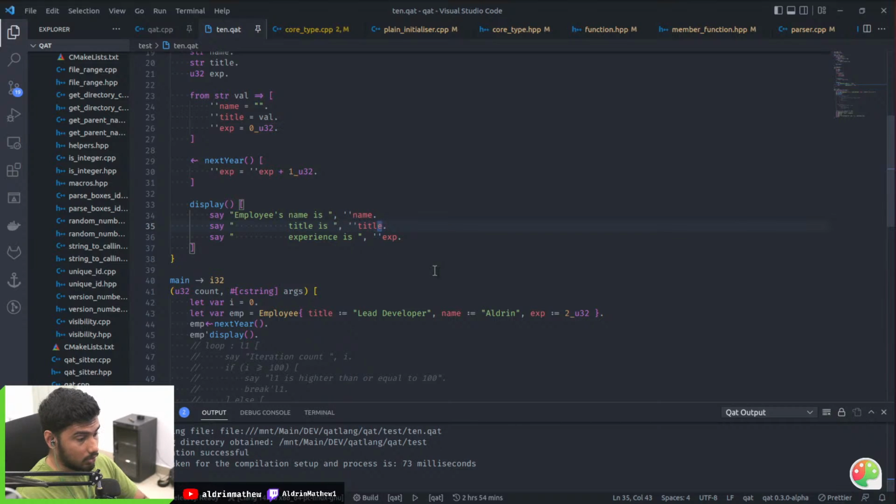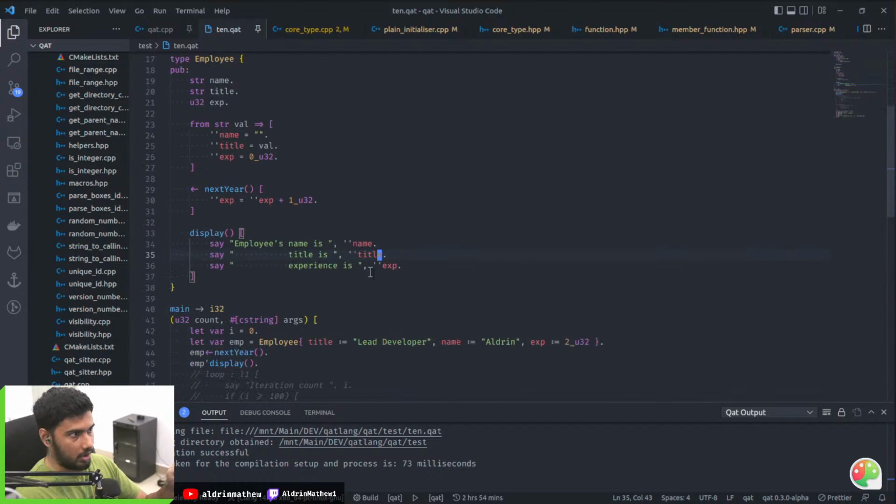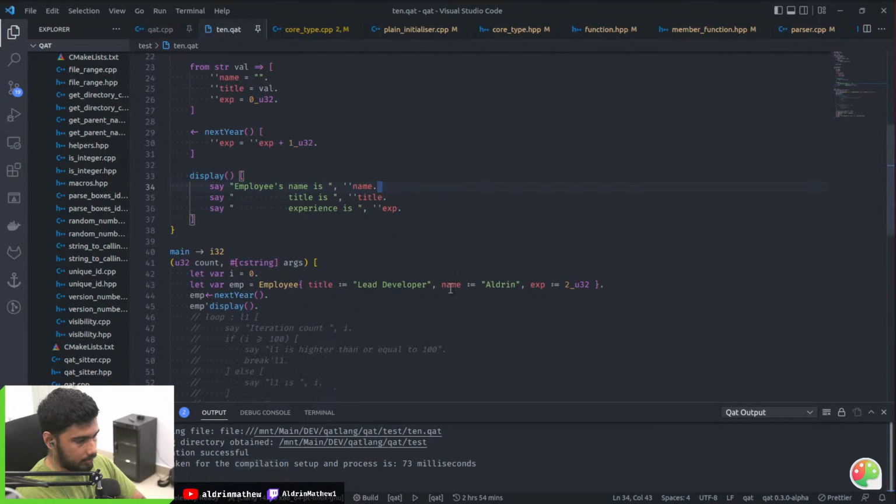Also, I don't have to update the version of the extension to get new errors, error messages and warnings. This reads directly from the stdout, or standard output, of the compiler, which means I can add new errors and warnings to the compiler, and the change will be reflected in the extension.